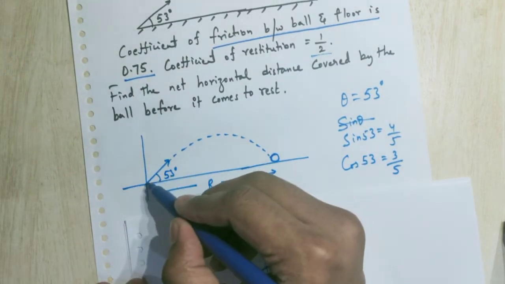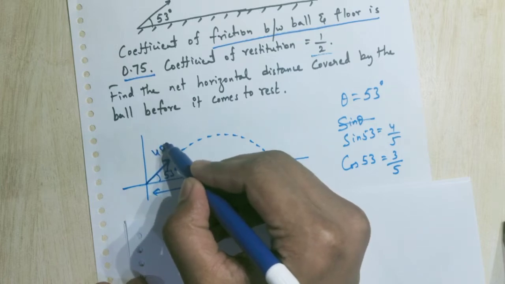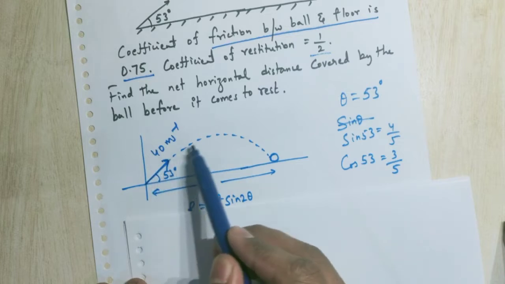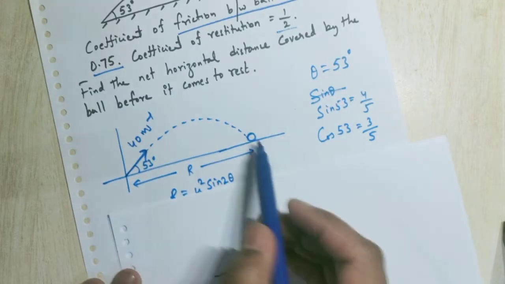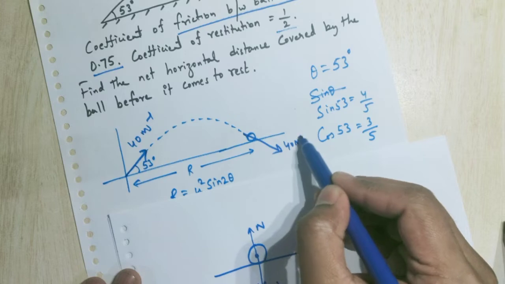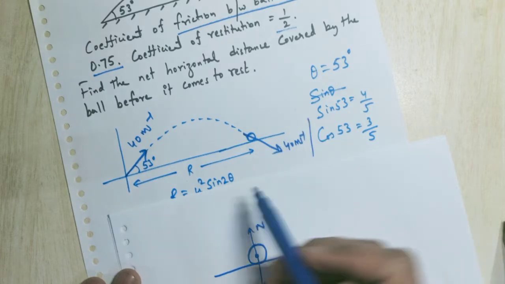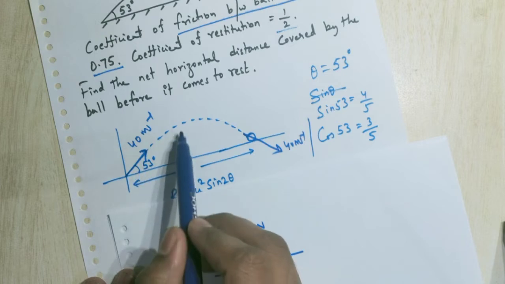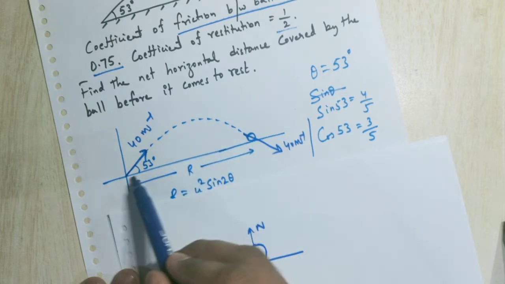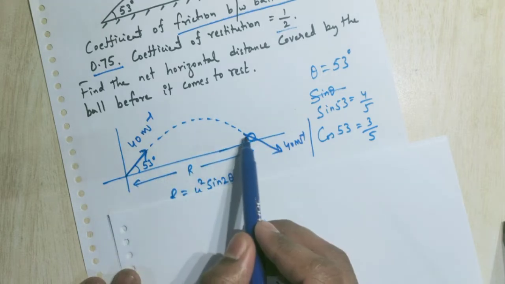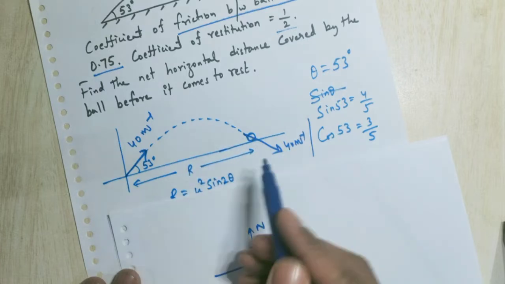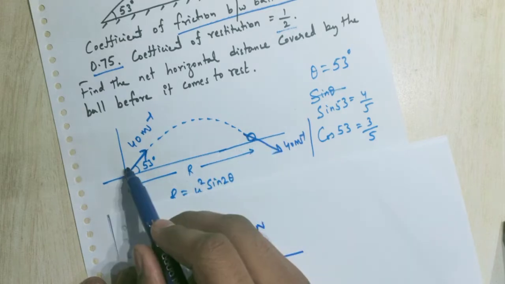Initially the ball is projected with 40 meters per second in this direction. And we know that as the ball reaches the ground, it will hit the ground in this direction with the same speed, 40 meters per second. You can prove this. In the y direction the velocity will decrease to zero at the maximum height, and again it keeps increasing. In the x direction the velocity is constant. So when the ball hits the ground at this point, the speed is exactly 40. Only the direction has changed.